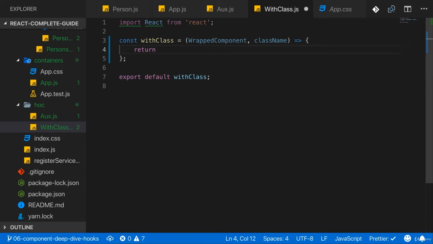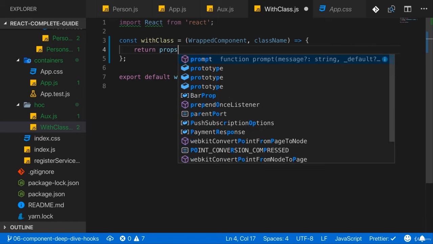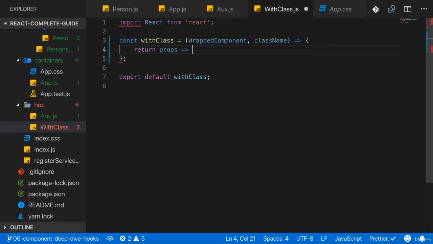Okay, so now that is really strange. We have a function, and that is a normal JavaScript function, not a component function, because we're not getting props here, and we're not returning JSX, but instead I'm returning yet another function definition, and that is now the function definition of a component function. So here I'm getting props and I'm returning JSX, not yet, but soon. This here is a functional component. So in the end, I have a function that returns a function, and the function that I return is a